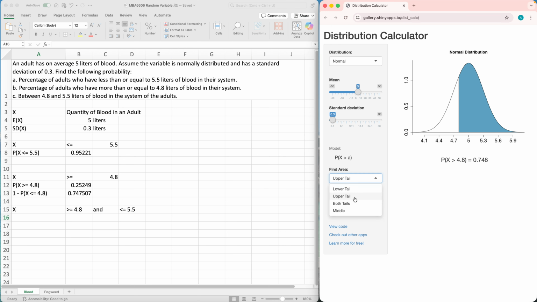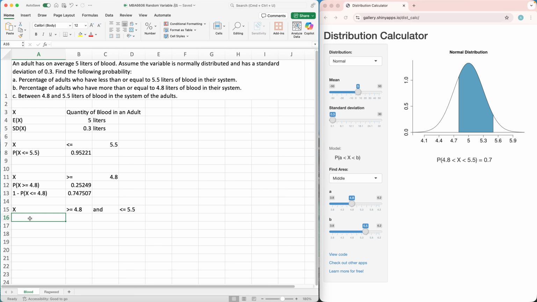We want the middle region, wherein the lower bound is 4.8 and the upper bound is 5.5. So we want to calculate this, which will of course turn out to be 0.7. So what we do here is we calculate the value until 5.5 and subtract the value until 4.8 to get this value. So the probability of